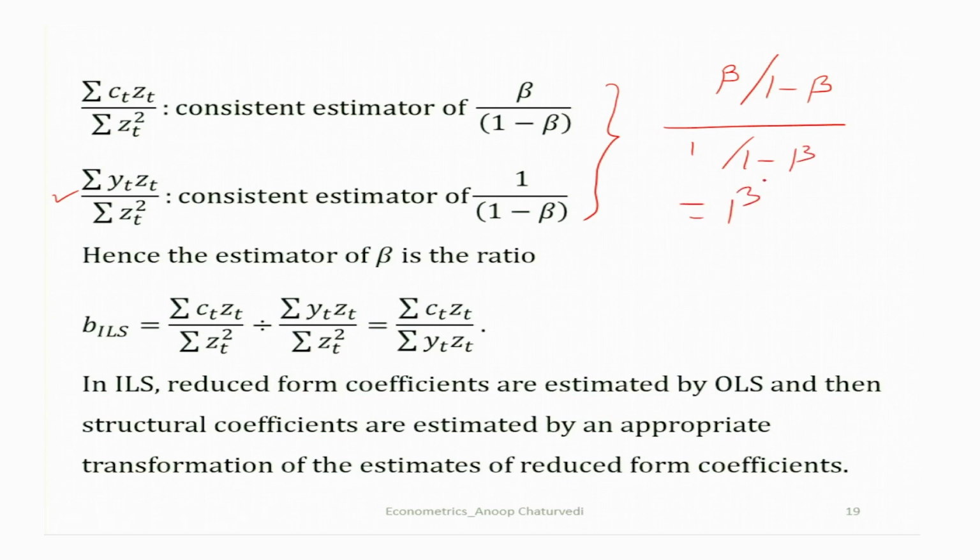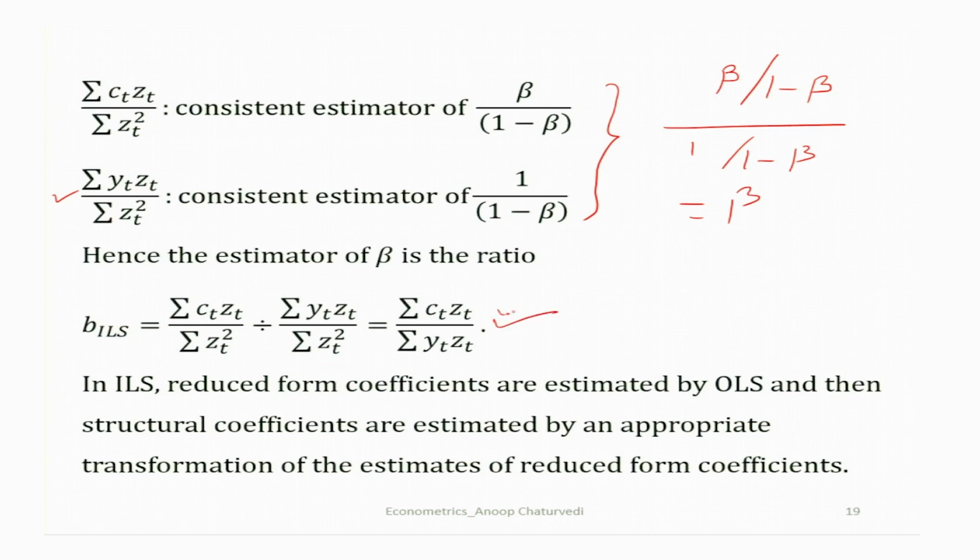So, this is the relation between reduced form coefficients and the original structural parameter beta. So, you can estimate beta as B_ILS equal to, you divide summation C_t z_t divided by summation z_t squared by summation y_t z_t divided by summation z_t squared, and then